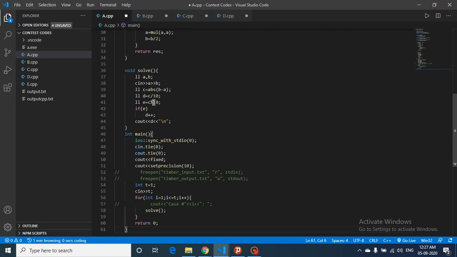Also, what you can see here is that we check whether there is some remainder value. If there is some remainder, add 1 to D. If there is no remainder, don't add, because we are adding in steps of 10. If after adding the steps of 10 there is some value left, then you also have to add 1, because you are adding that remainder again. If not, then you don't have to do this. Else just output the answer D, which is the total number of steps you have taken.